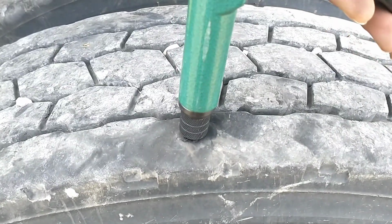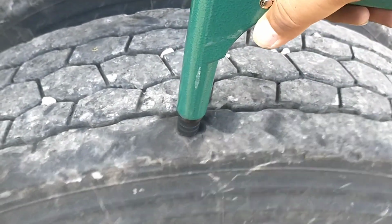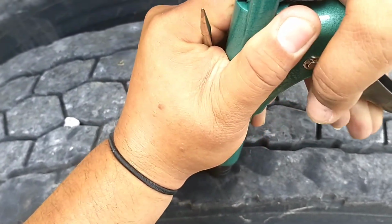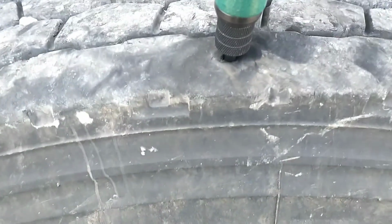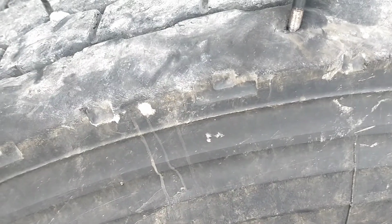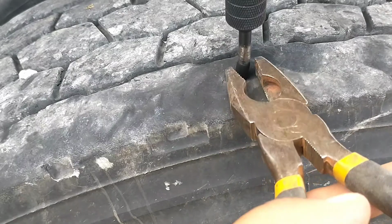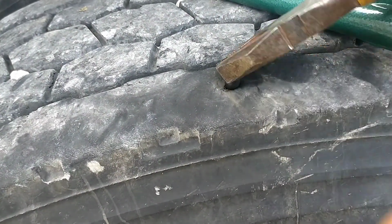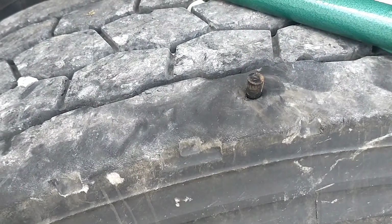Now all you have to do is squeeze the trigger. Notice the air stop leaking. You pull it out slowly. And while you're pulling it out, that piece of rubber, you want to try to tug on it a little bit to make sure it's on there good. And